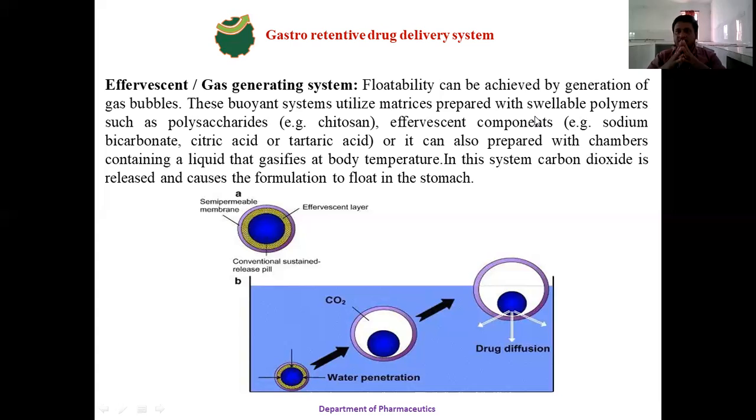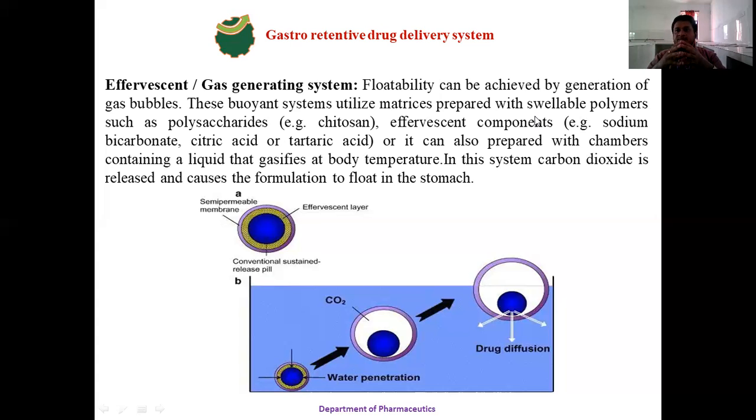Okay, it is a polysaccharide, hydrophilic, so it will get swelled in presence of the gastric fluid. It is a hydrophilic polymer. Or it can also be prepared within a chamber containing a liquid that converts to gas at body temperature. So it can be a closed chamber containing some particular substance, like ether, any substance which will get evaporated or converted to gas in